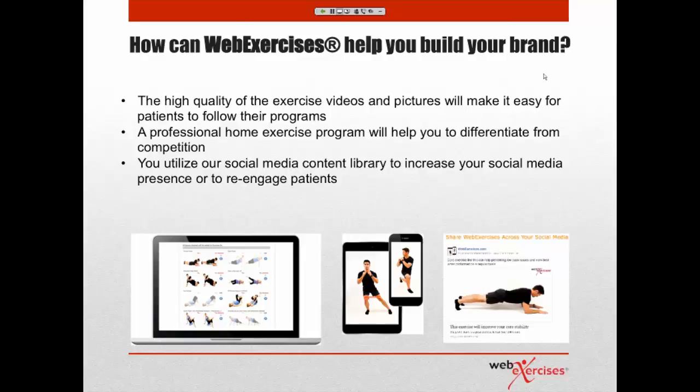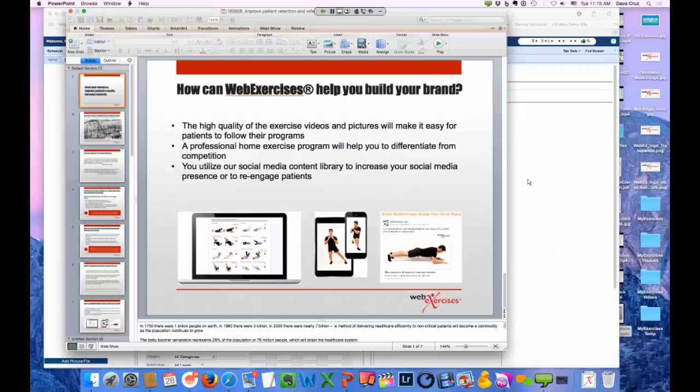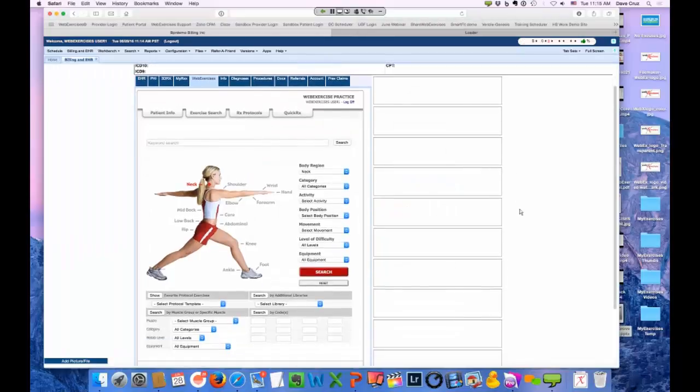So what I want to go into is really just a demo of the product and talk to you about some of these things which I just said. So I'm going to switch screens, and now I'm going to be into the interface. So as you get into the interface, what you're going to see is this.